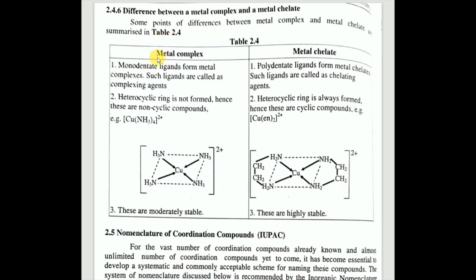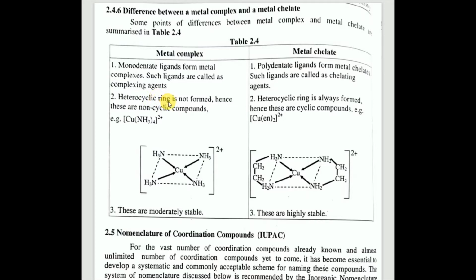Friends, in a metal complex, the monodentate ligands attach to the central metal ion. This ligand is called a complexing ligand. Then, in the case of metal chelates, the polydentate ligands form metal chelates, and such ligands are called chelating ligands. The second difference is that when monodentate ligands attach to the central metal, at that time